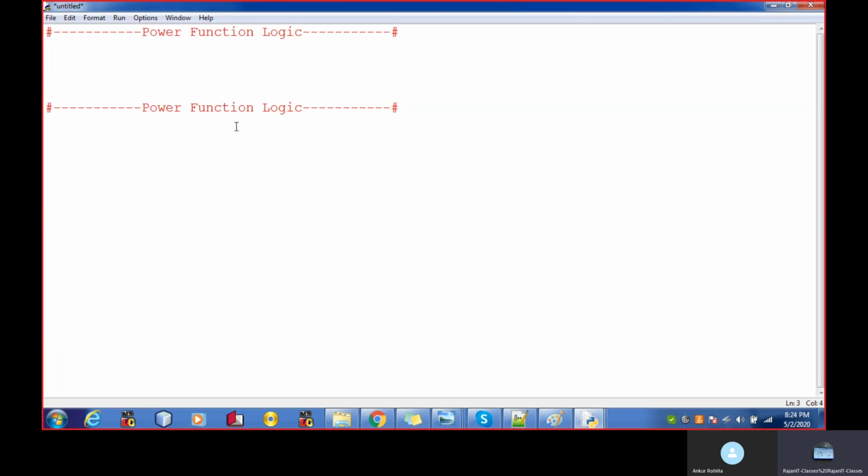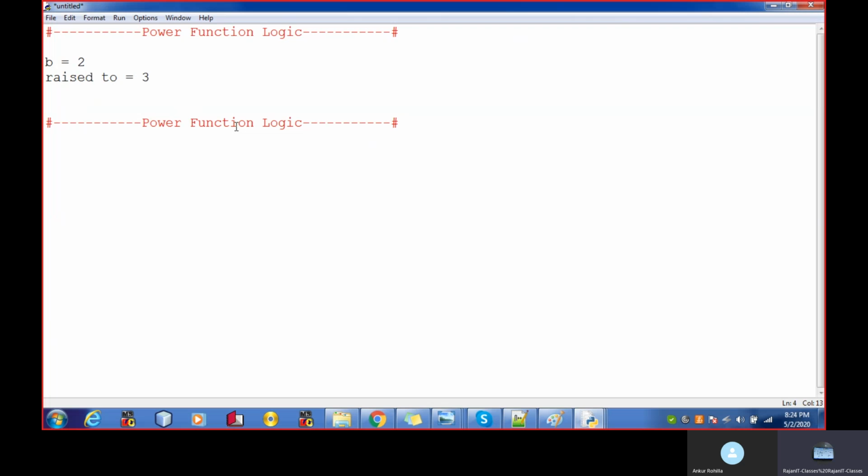So in the power function, let's use some mathematical terms. In power, we use two kinds of terminology. One is considered as the base, and the second number is considered as the raise to. So your base is 2, and your raise to is 3.